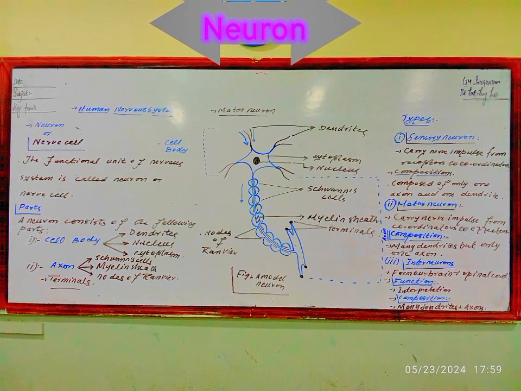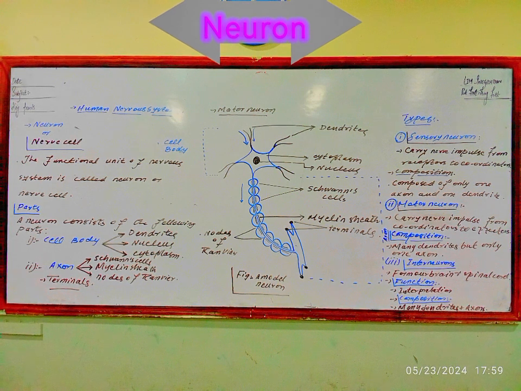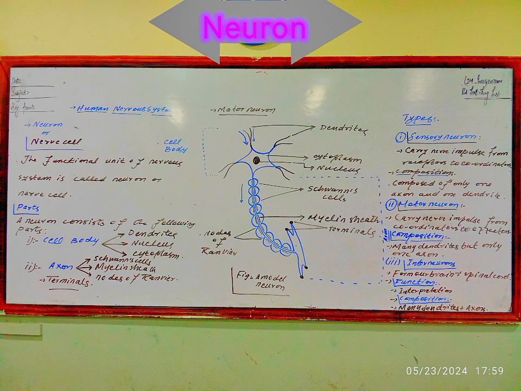The neuron cell body is composed of different components. Number one is thread-like structures which are called dendrites, which are responsible for carrying nerve impulses towards the cell body. There is cytoplasm in the cell body, and in the center there is a nucleus. Now if we come towards the elongated part which is called the axon,